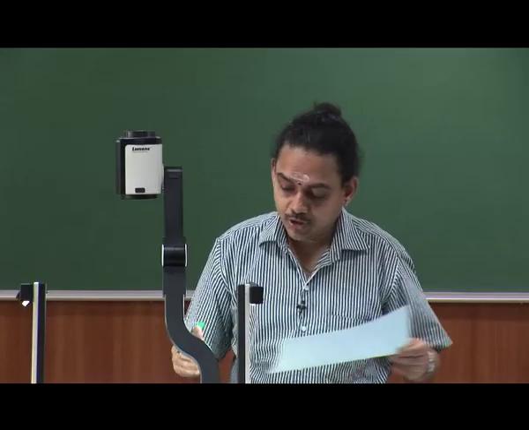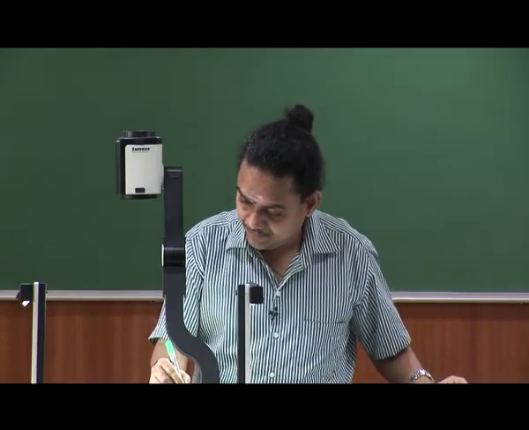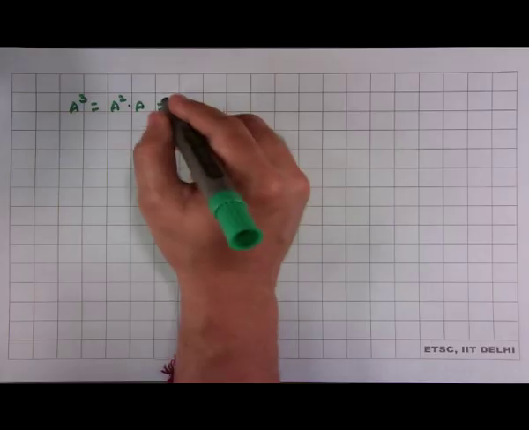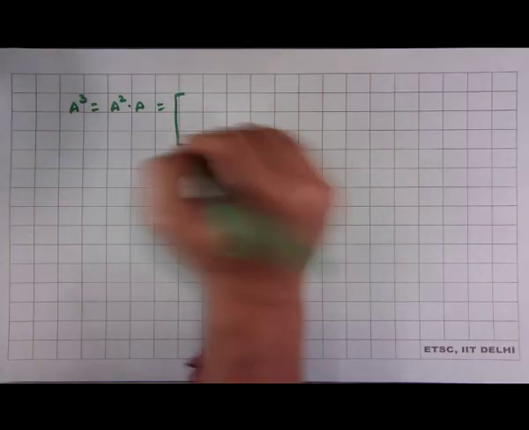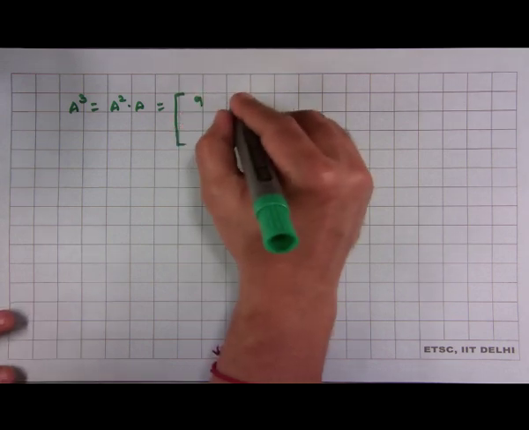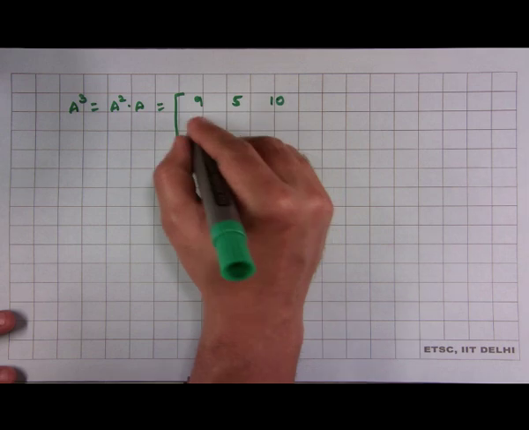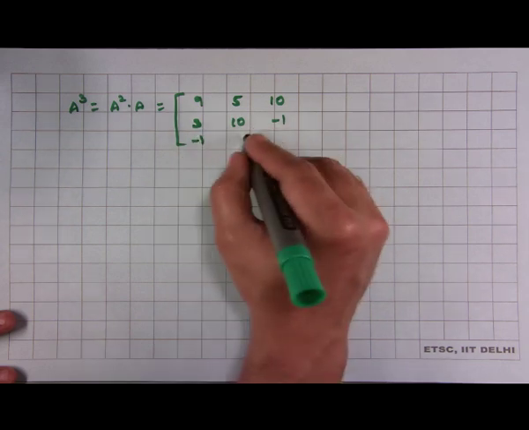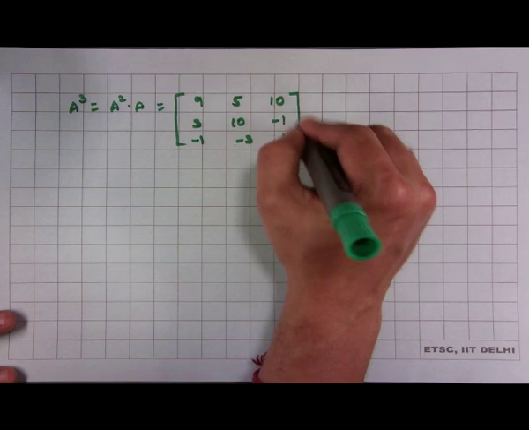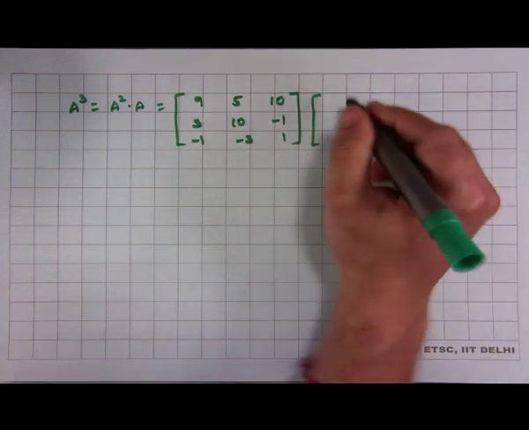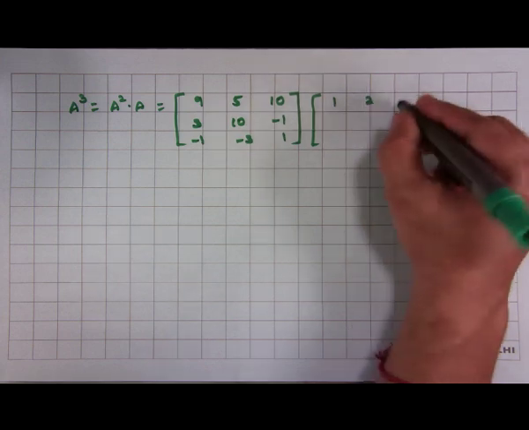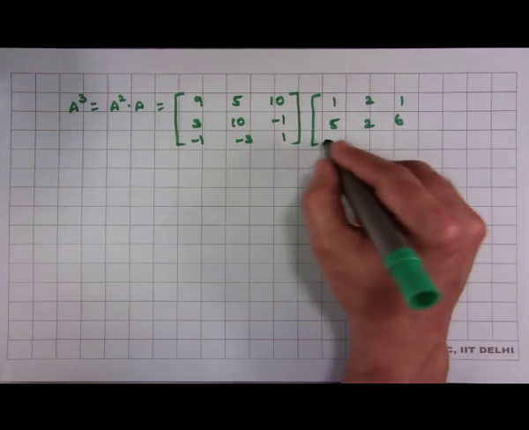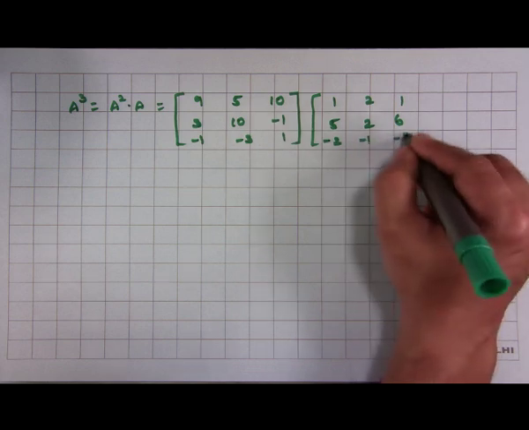So, let us try to find out A cube, which is A square into A. A square is 9, 5, 10, 3, 10, minus 1, minus 1, minus 3, 1 into the given matrix A, which is 1, 2, 1, 5, 2, 6 and minus 2, minus 1, minus 3,